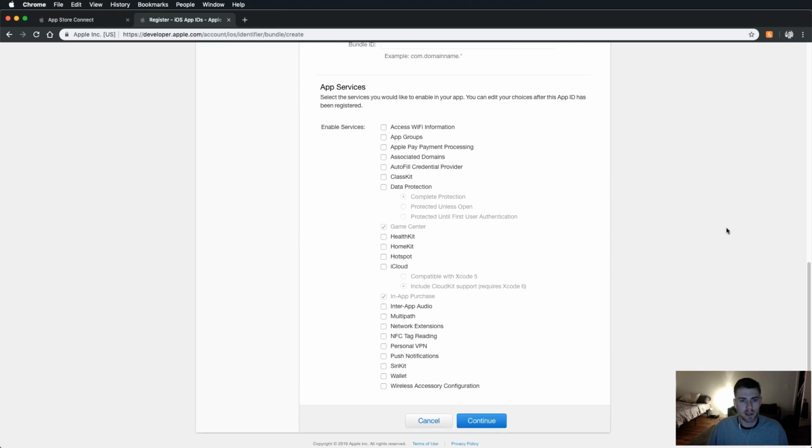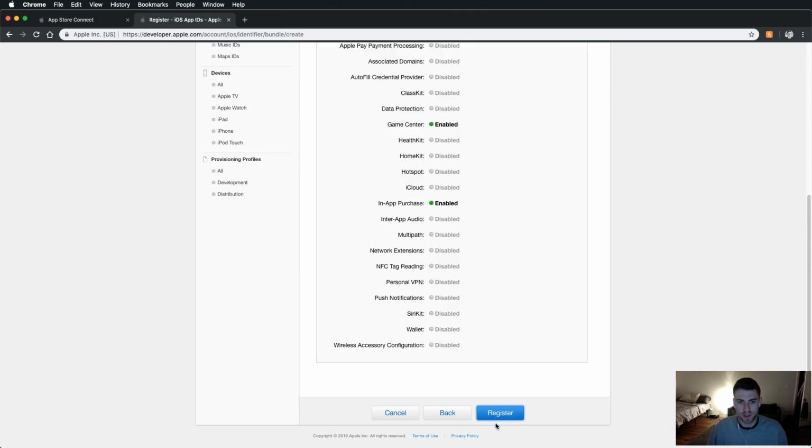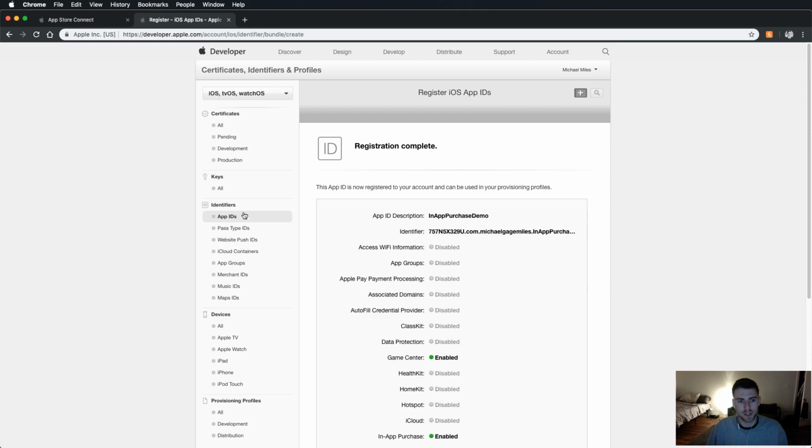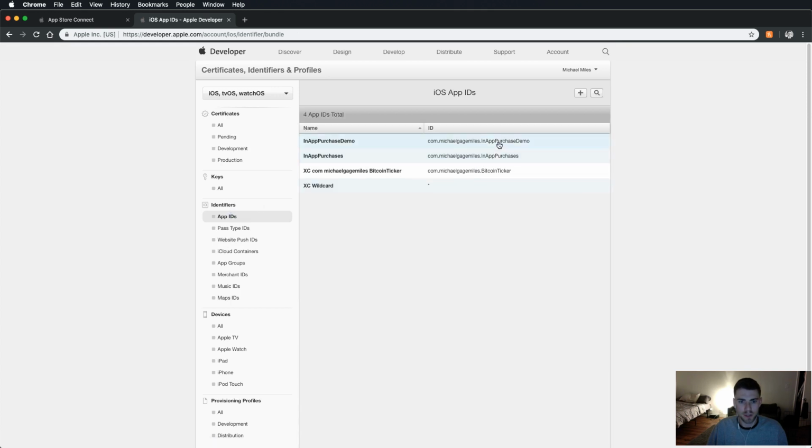And then in here, the app services are already checked. The in-app purchase and Game Center are automatically in. So all we have to do is hit continue, and then we hit register. And so now it's registered, and we have to take that bundle ID, in-app purchase demo, right here, and we have to create an Xcode project with that name. Of course, if you're just trying to add this to your app, you would put your bundle ID right there to link it up. So we're going to go to Xcode,